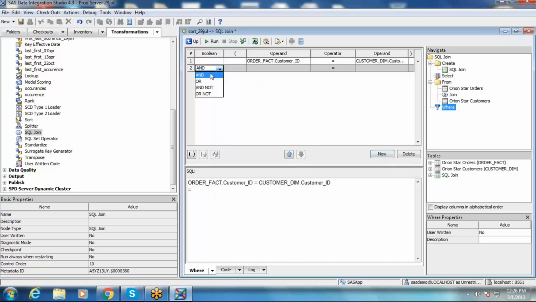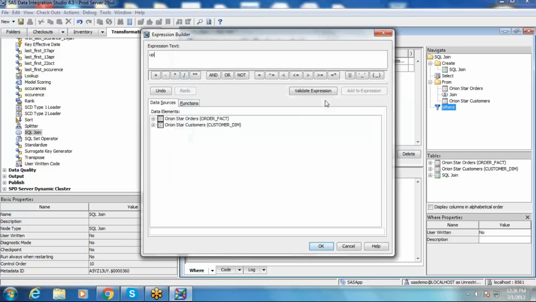You can use AND or OR logic. Customer country should be Australia for me. So you can write the expression over here. Just click on this, go to advanced. You can mention the function, customer country equal to AU, and then click on OK.